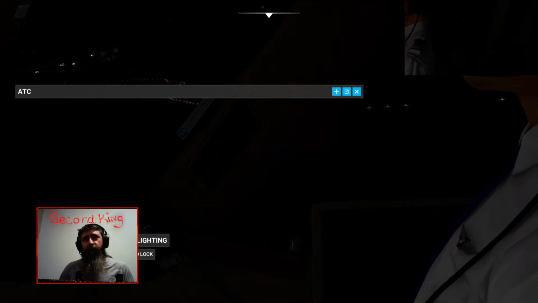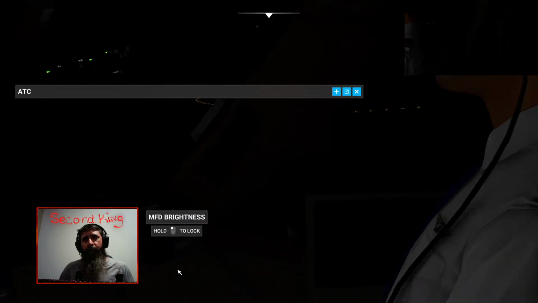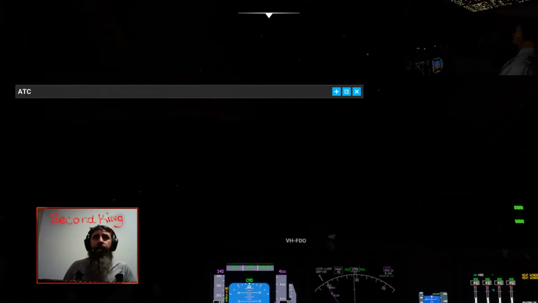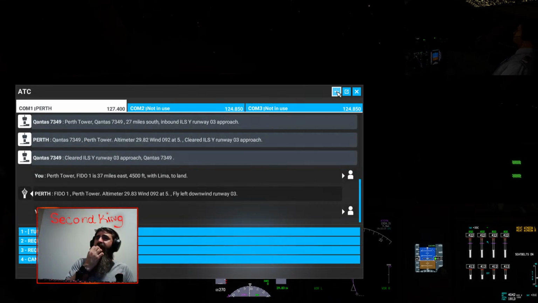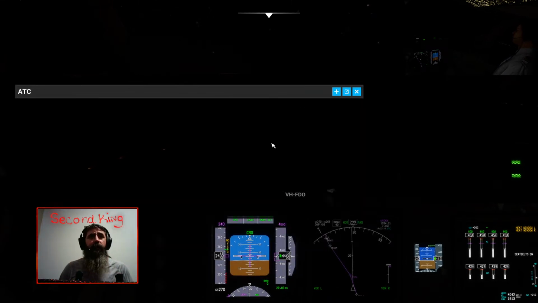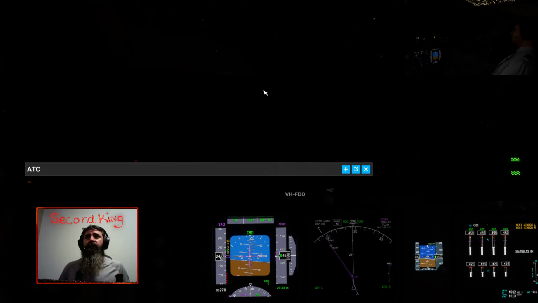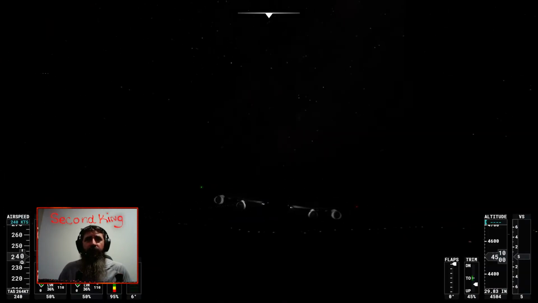There we go. That's a bit better. How far out are we? Not too far. I'll move this out of the way a little bit so we can kind of see. I can re-open it back up, but...